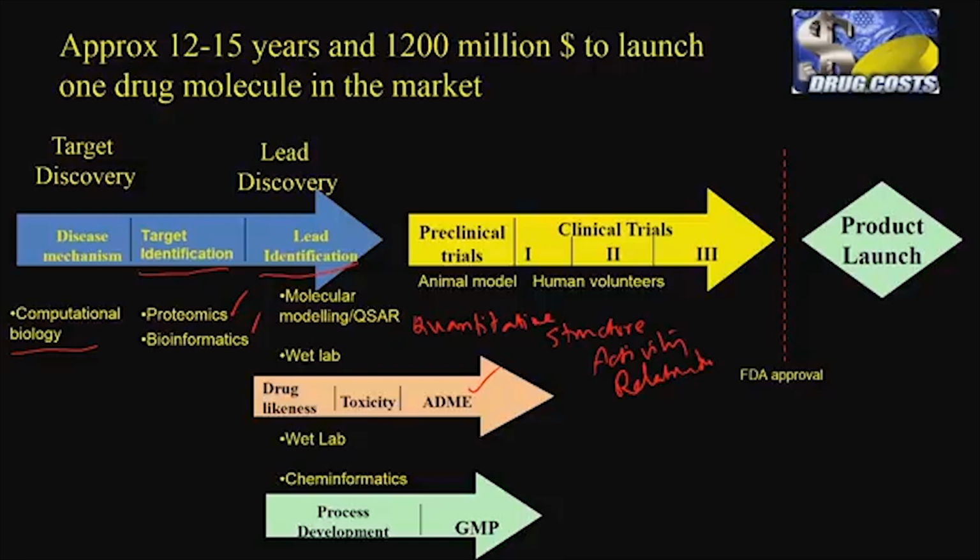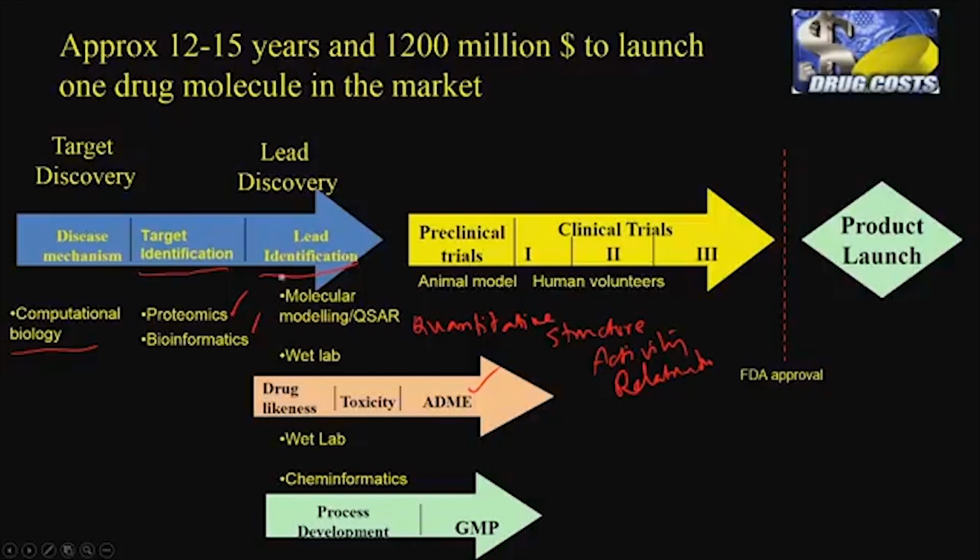be toxic. For example, if I am using nanoparticles, metal nanoparticles, they may stay inside the body, get absorbed by the tissues because they are nano size, and they may have metal toxicity. That is why now, with the use of metal nanoparticles in the body, there is a lot of worry because of this particular problem. So simultaneously when we look at a lead, an active molecule, we may have to simultaneously look at